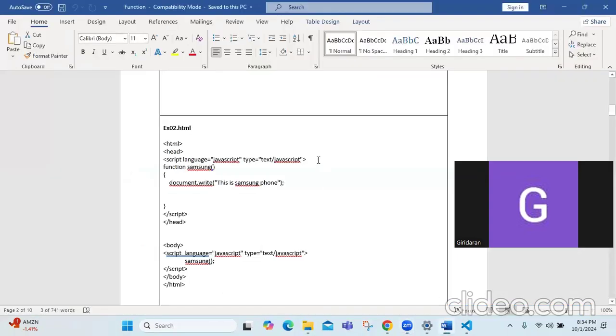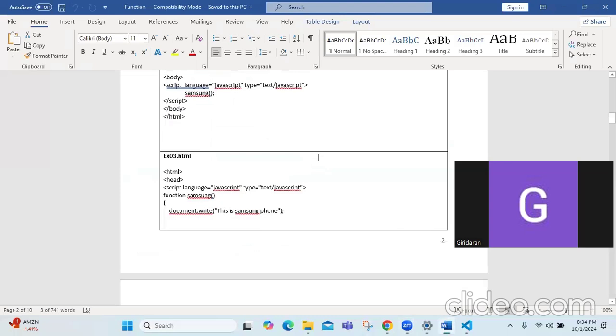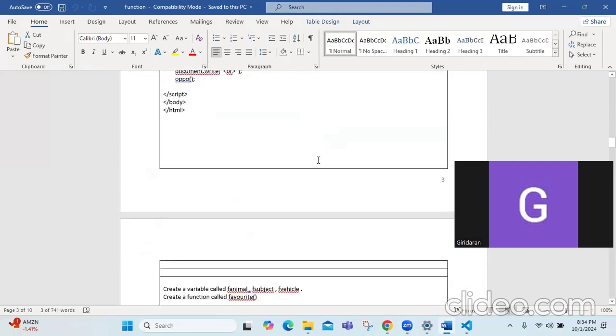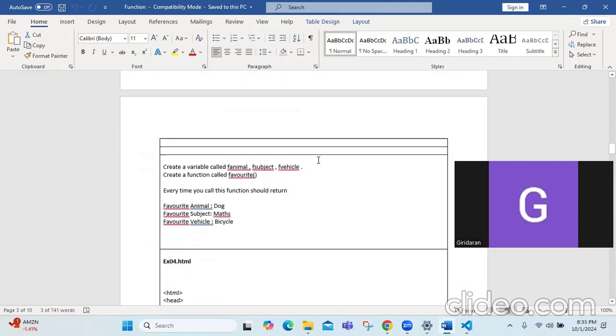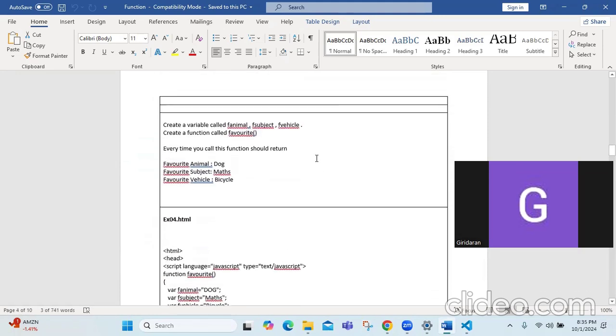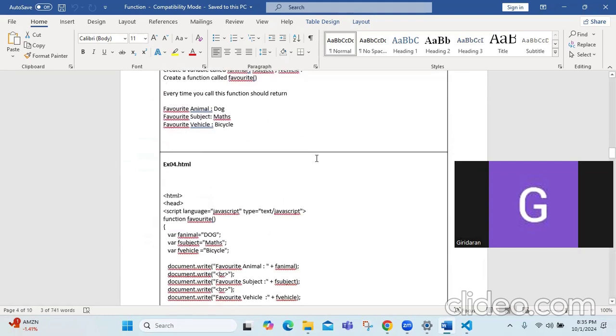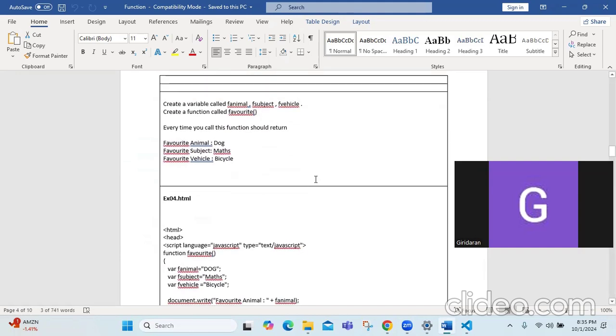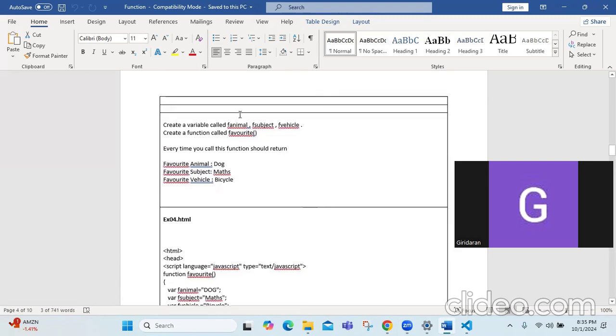Then I'll go to third program now. That is okay, right? Now here, another example. Now we want to say, this is the question. Here see,